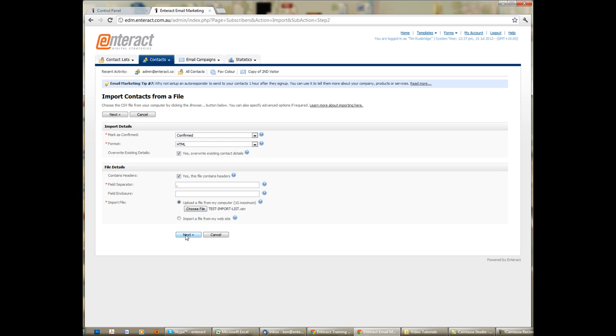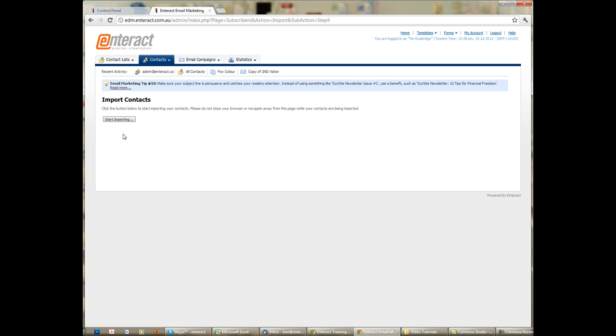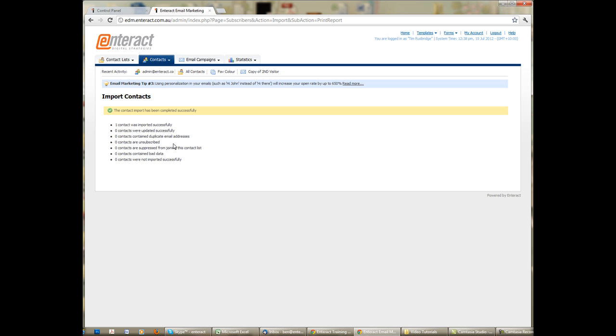Select the CSV file and click Next. Here we're presented with some options to map the fields in the list with the fields in the import file that we're importing. So in this case, name is first name, surname is last name, email address will be email address, and we don't have company in our import list, so we can just select none at this stage. Click Next, and then click Start Importing,